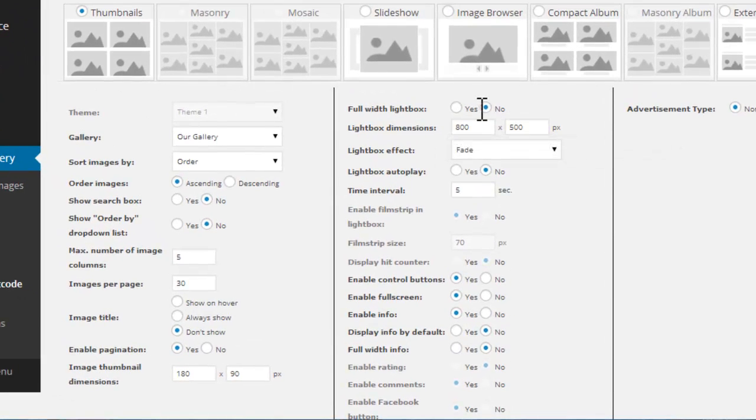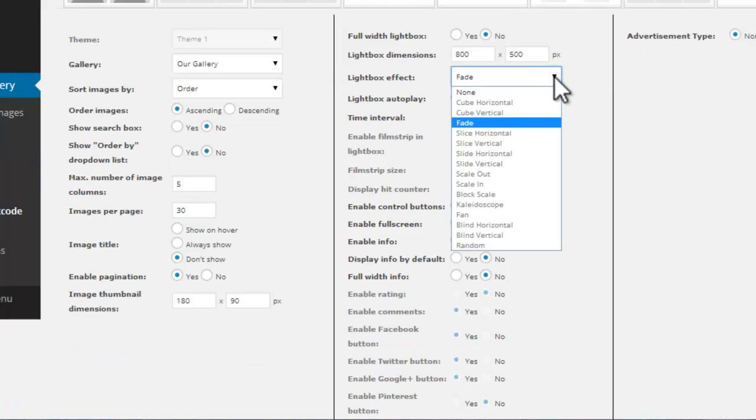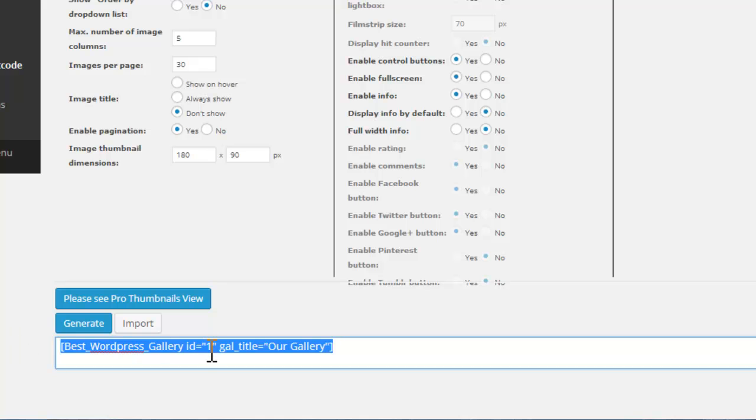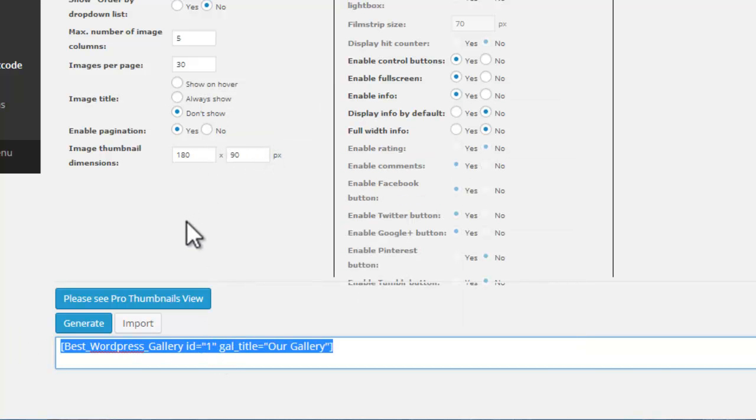Full width lightbox or lightbox dimensions, lightbox effect. You can change it to fade, cubic, scale, blind, vertical. But I would like to stay with the default one. And here's my shortcode for this default gallery, what it has generated. Let's copy this and